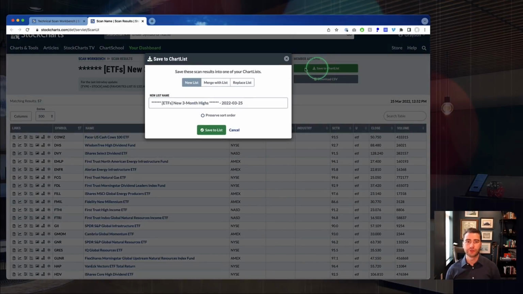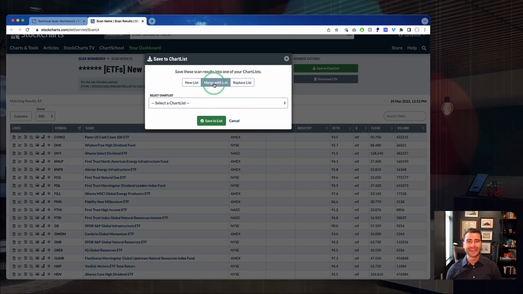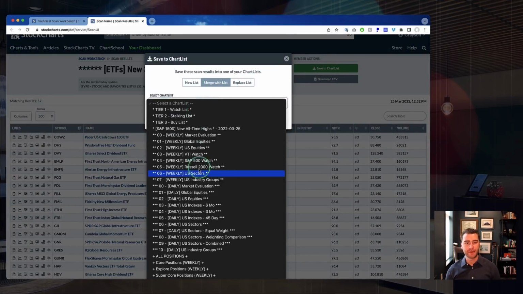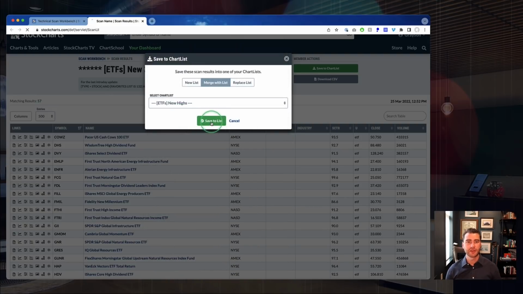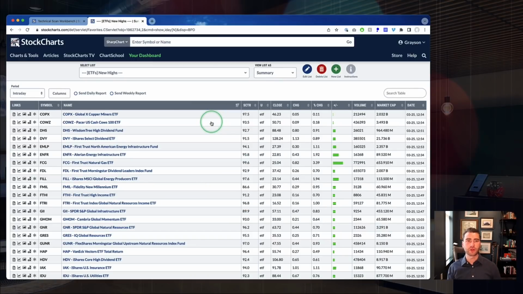And again, I can do the same thing. I can come here, save these results, merge them into my ETFs new highs list. We can save that there. Now we've merged those in. And again, I can do the same thing. When I get to the weekend, I can review this bigger list full of stocks from that week that made a new 3-month high. So I've got these scanning routines built into my process,